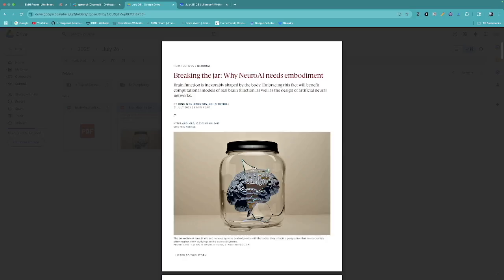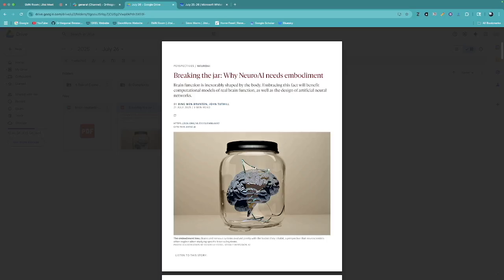So a lot of models of artificial intelligence, even NeuroAI, might involve some sort of biological inspiration, but they also exist in this jar. It's like the brain in the vat problem. And so the idea is that embodiment breaks us out of that jar and gives us something that is body-like. So the idea is basically that if it's neuro-like, it has to involve some sort of body. And so then the question is what does embodiment look like? But that's maybe a different question, but maybe leading up to what they're talking about here.